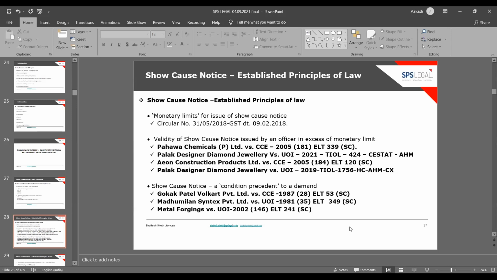Such monetary limits were also prescribed by the board under the erstwhile excise and service tax regime, by circulars. And this question had arisen and reached the Supreme Court in the case of Power Chemicals, where the precise question was whether a show cause notice issued by an officer in excess of the monetary limit laid down for him will become invalid. The three